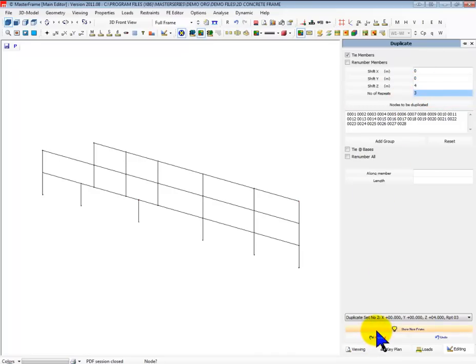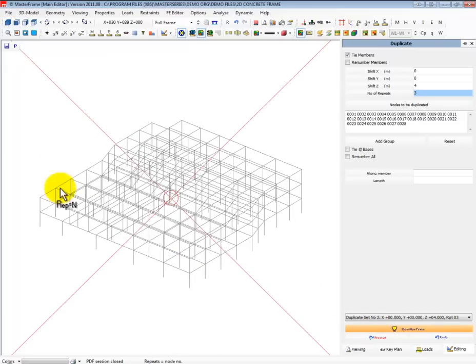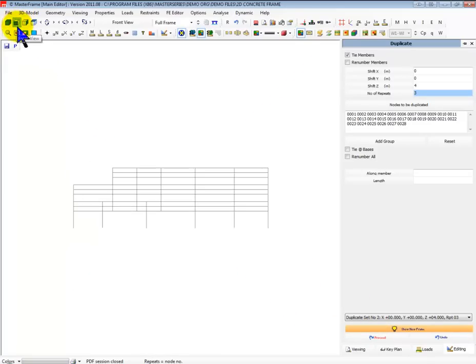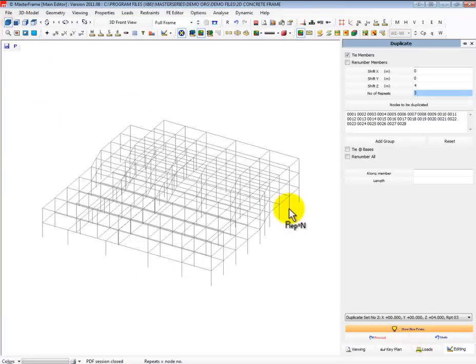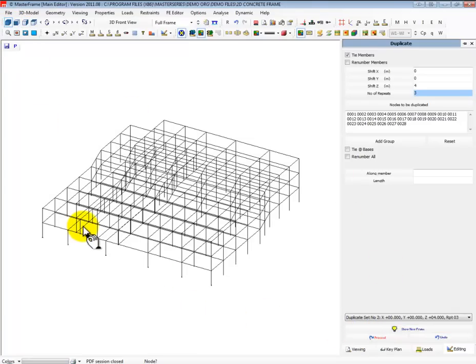So what's it look like? It's going to look like that, and you can see coming along, going up in the vertical axis and then coming along again. So quite straightforward to do, and I can just say proceed. So that's duplicating, inserting